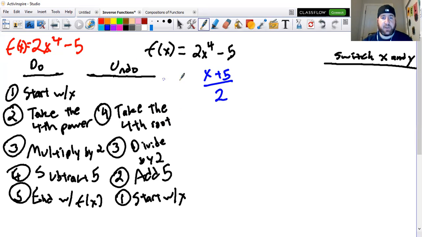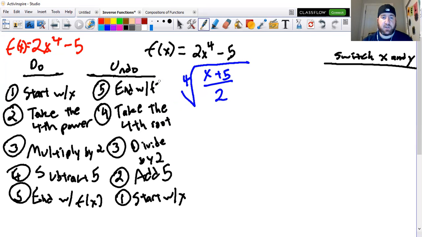Again, y'all are probably less familiar with seeing these. So what that means is we've got to take this whole thing and stick it under a radical sign, not a square root sign, because that's the technical name, the radical sign. And if I didn't stick the little number in here, which is called the index, we'd assume it's a square root, but it's actually the 4th root. So I'm going to put a 4 right there, the index. Okay. So I take the 4th root,